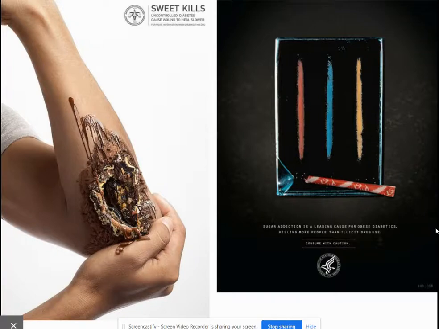They take on diabetes, and it says uncontrolled diabetes causes wounds to heal slower. I don't know if you guys know that, but it is a fact. The image on the right says sugar addiction is the leading cause for obese diabetics, killing more people than illicit drug use. So this is a really shocking but simple image, and it needs that text to convey the social